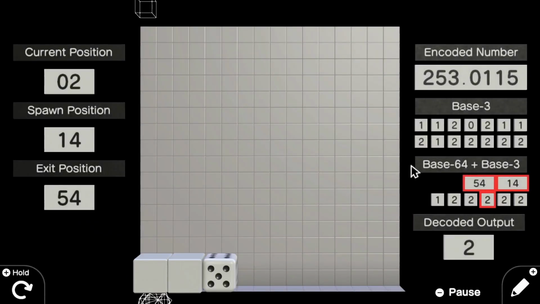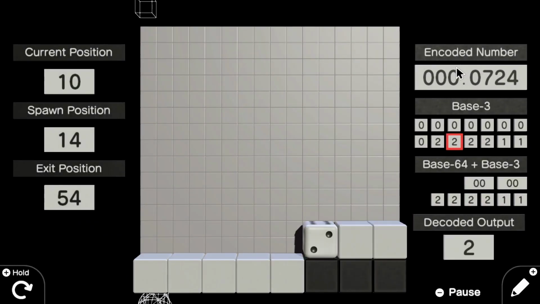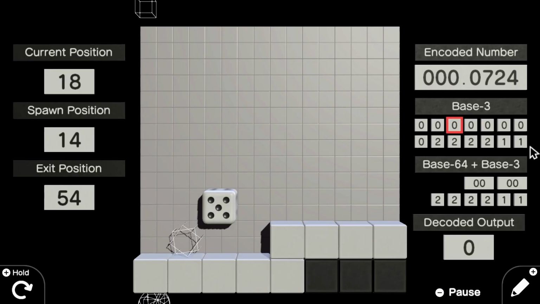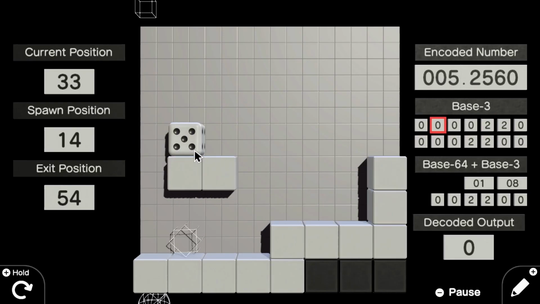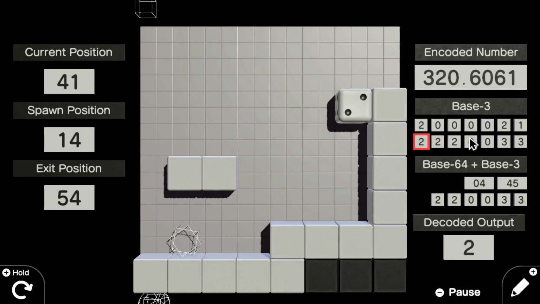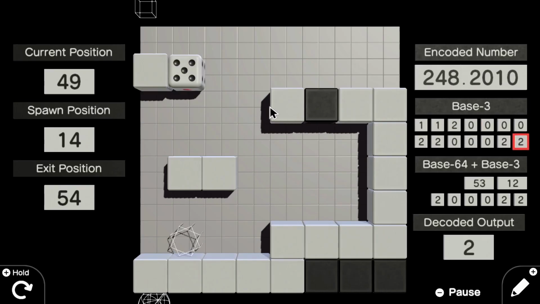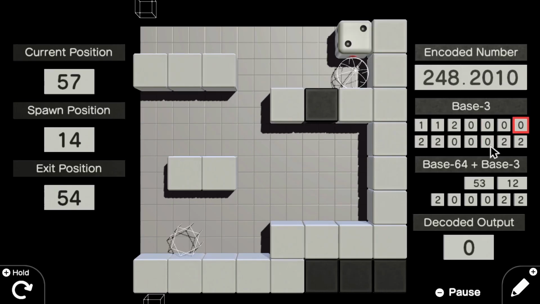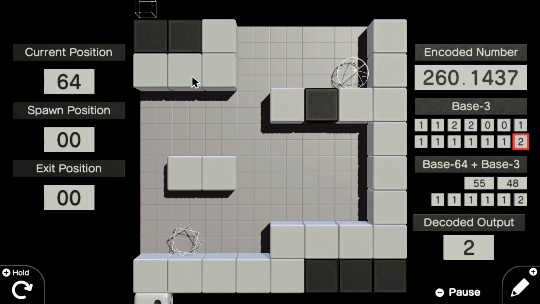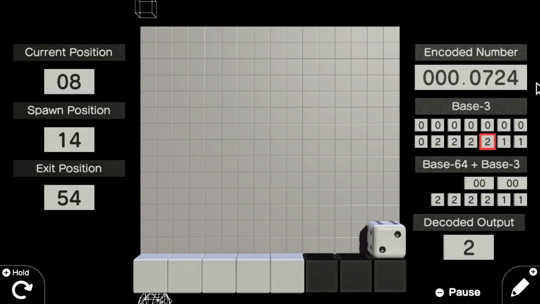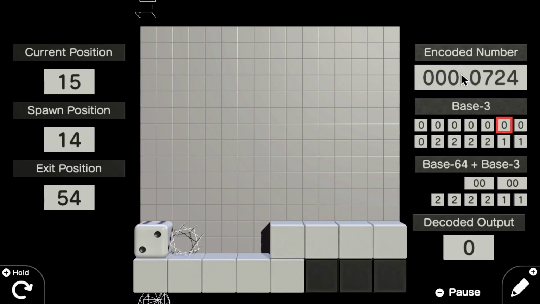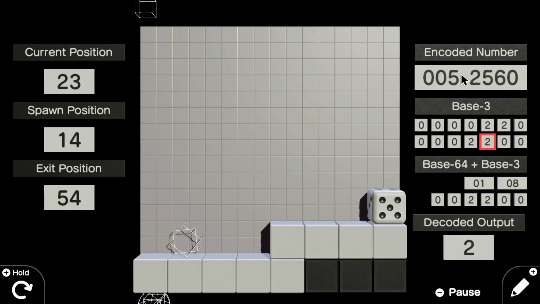And here you see there's a number, and we convert it to base 3. Here it goes through each of the digits of the number. You can see here whenever it hits a 2, it spawns a white tile. Whenever it hits a 1, it spawns a black tile. Now the encoded number here is the actual number that I store, or actual number that I send to the